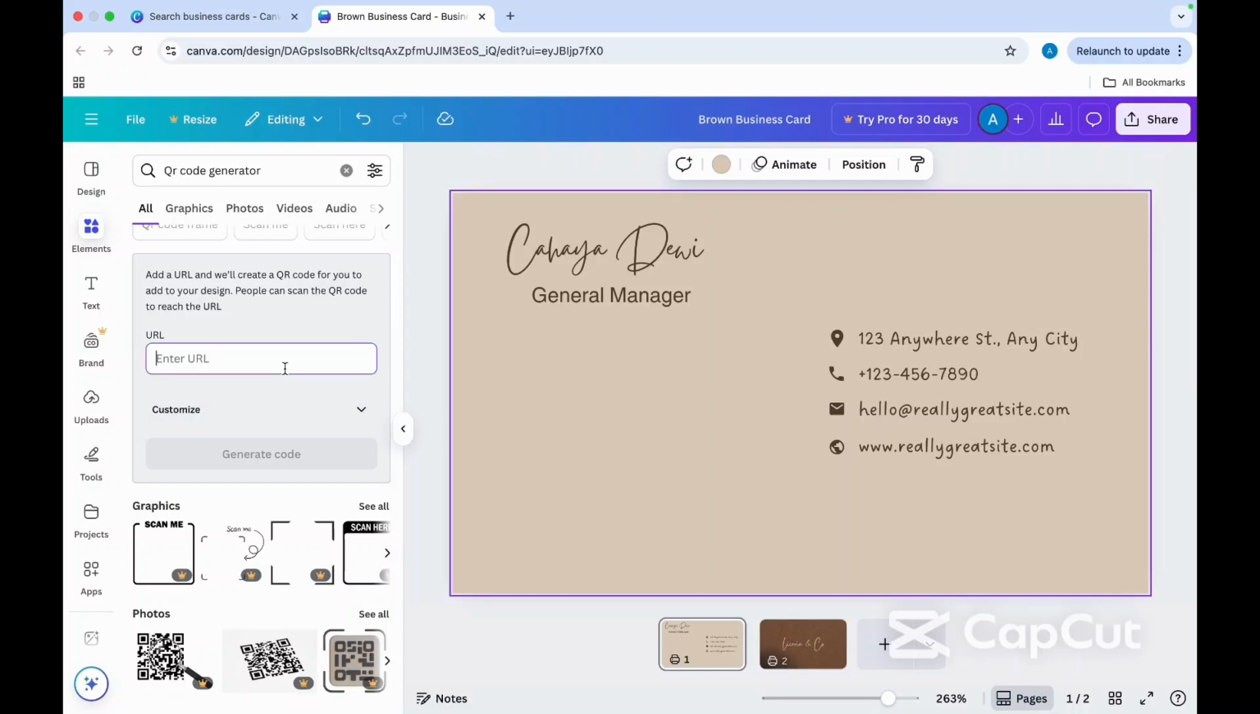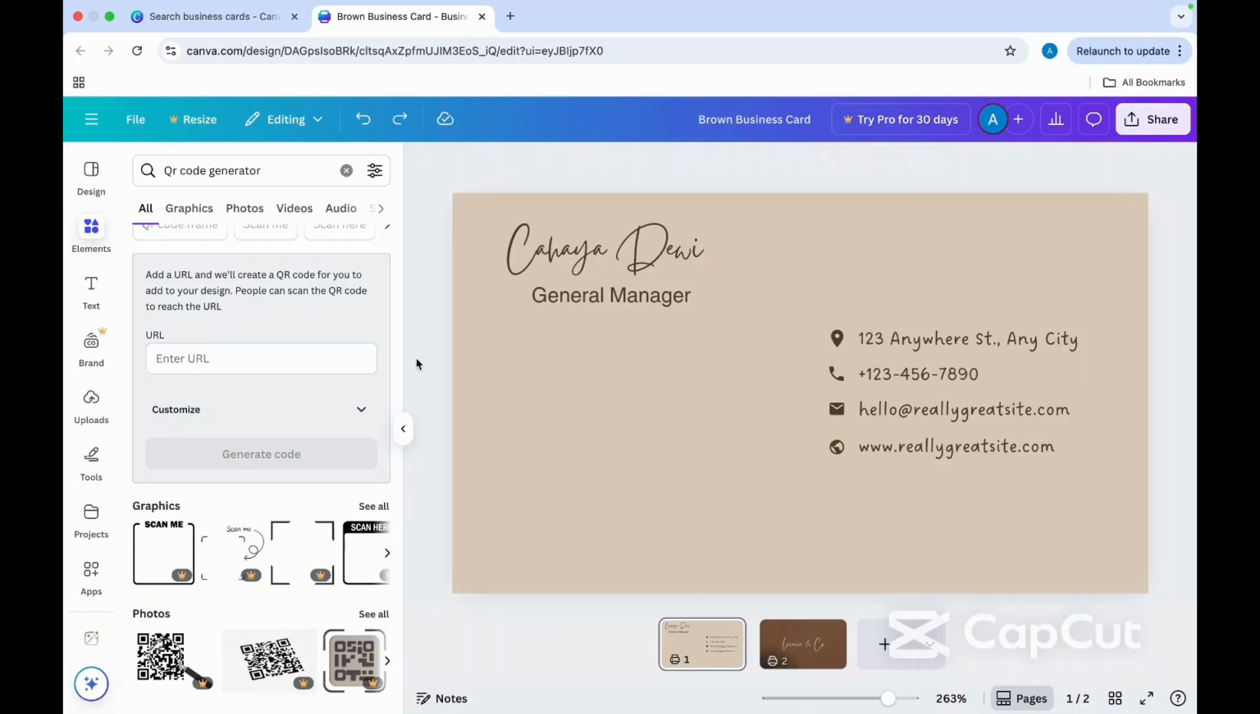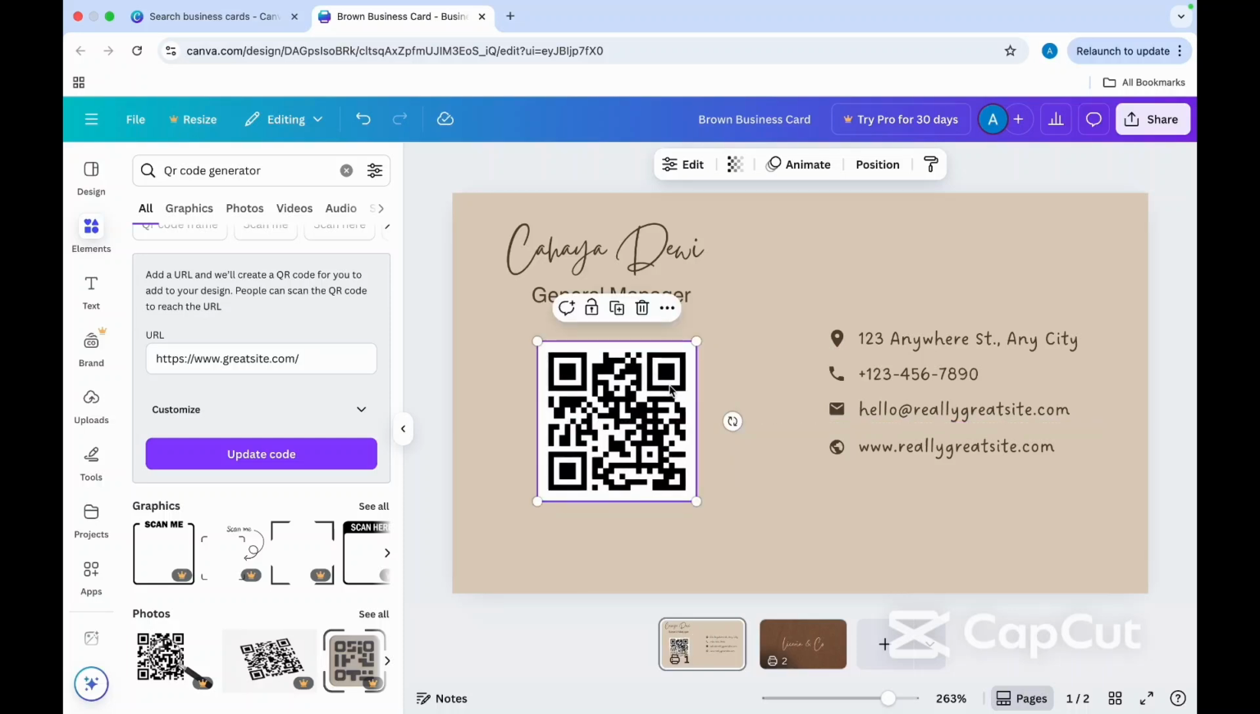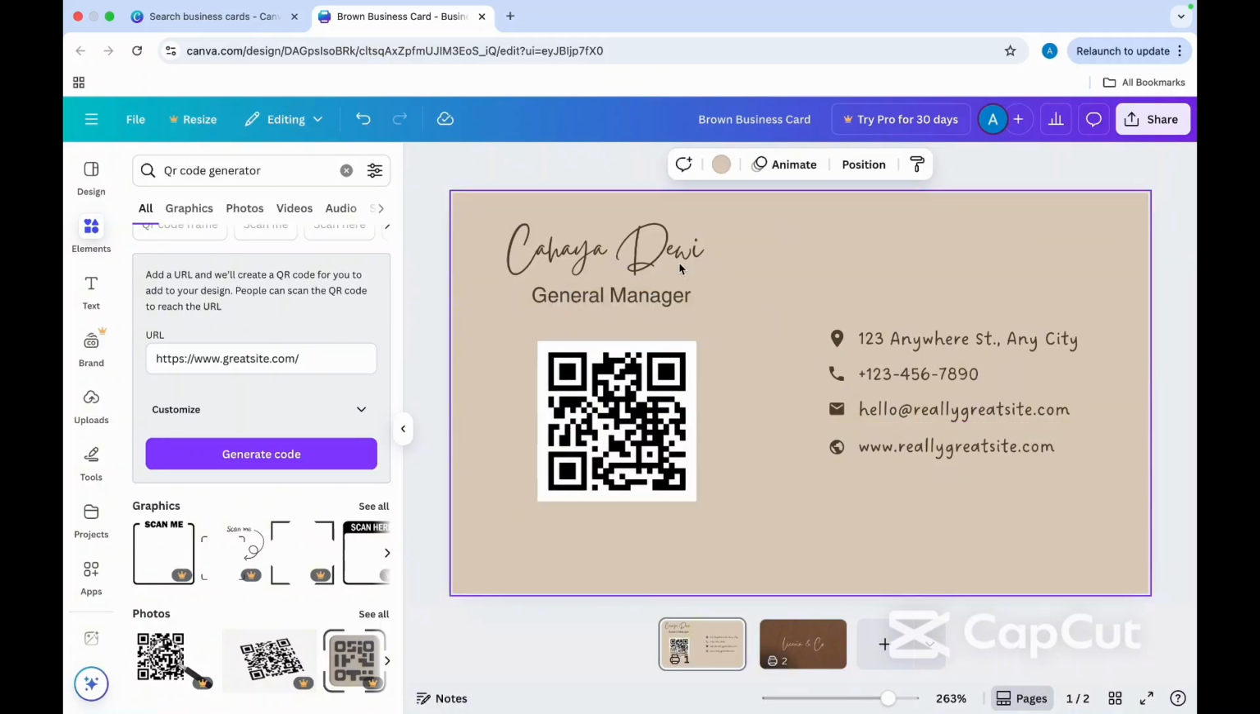Now there in the URL, all you have to do is type down your website. Now let's simply type down your website or anything you want to include in the business card. It's not necessary to be your website, but if you want to add any extra information from your business card using the QR code, then you can do that as well. Now here, as you can see, the QR code has been generated. Now please set it properly,